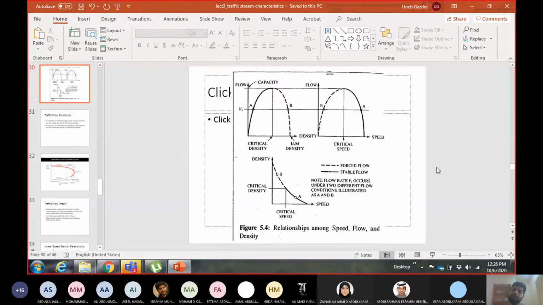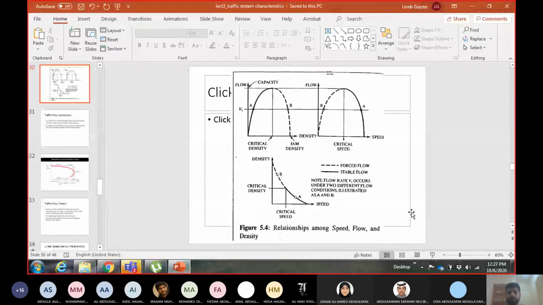So whenever you start derivating something, you always start from the simplest case, and then you keep on adding and subtracting terms in the final equation to allow for the variations. Okay, but we always start from the simplest case. So we will use these two curves, and for the speed density, I will even show you a simpler curve. I will just assume it as a straight line. Okay, and we are doing it so that we can derive some equations.